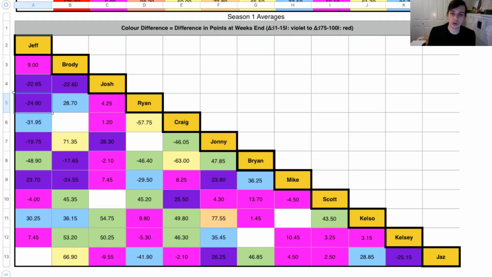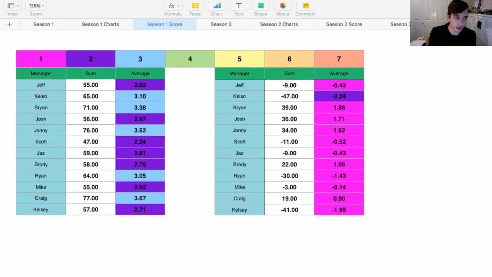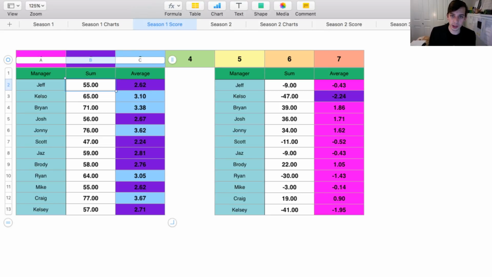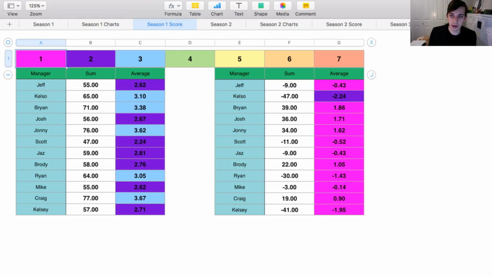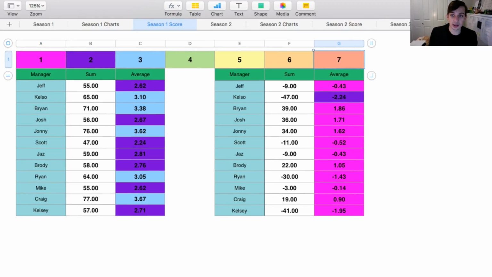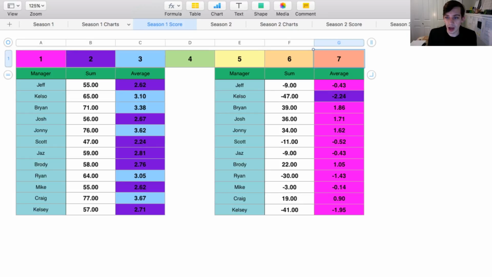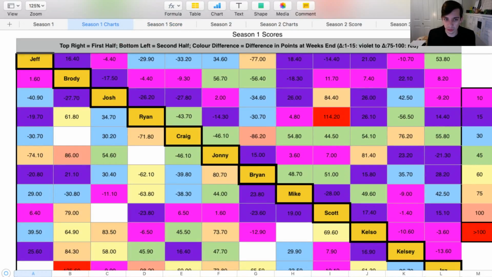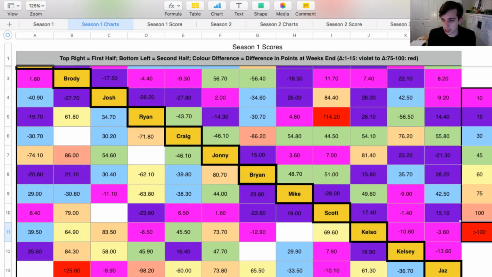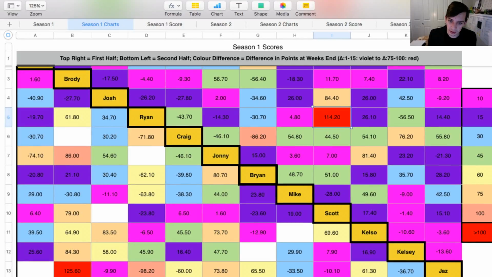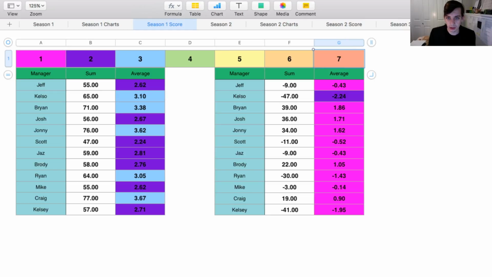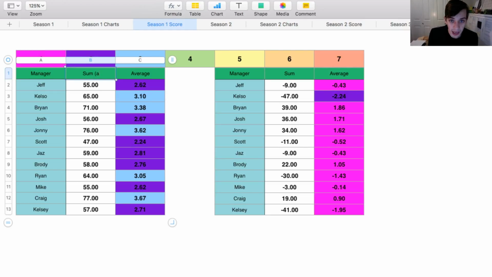But if you want to know the overall, I created this little thing here. The sum is the sum total of all the points given by these colors. If you got a pink, you got a 1. And if you get a red, you get a 7. I added the extra red over here just as a rub-it-in-your-face measure, but it's the exact same 7 points. So what we should take note of is that this one is the sum of the absolute